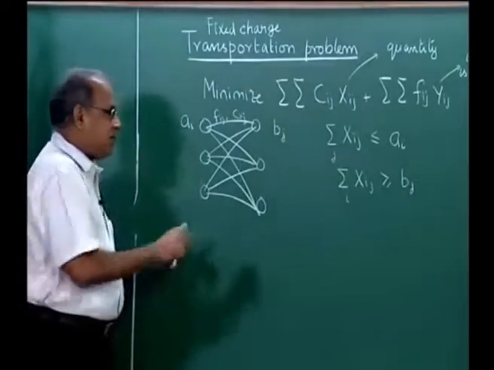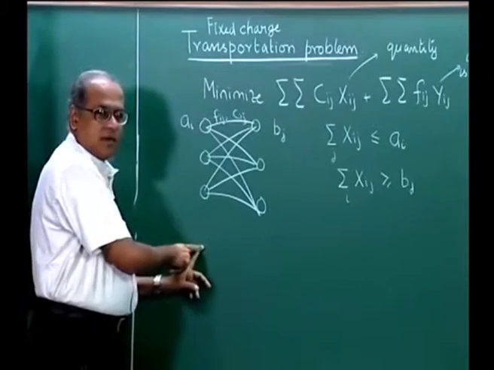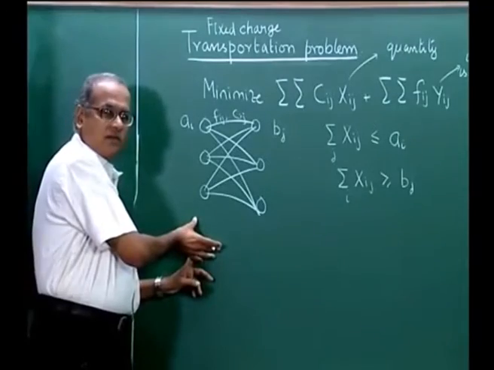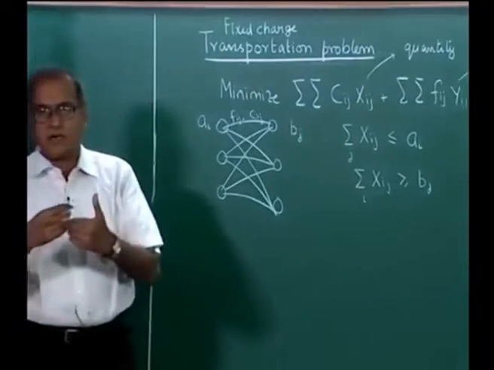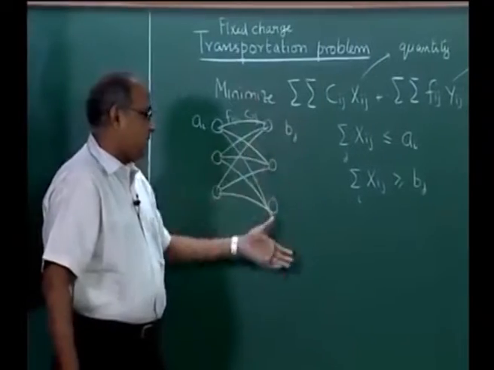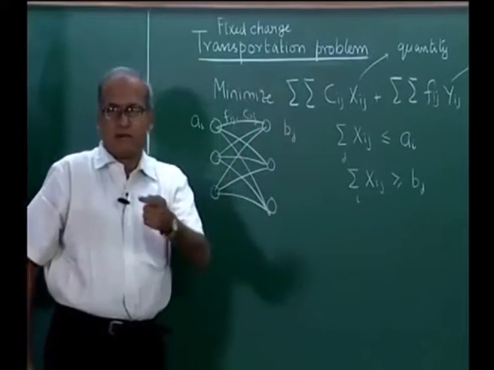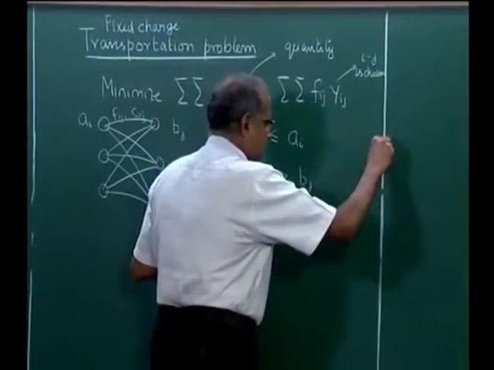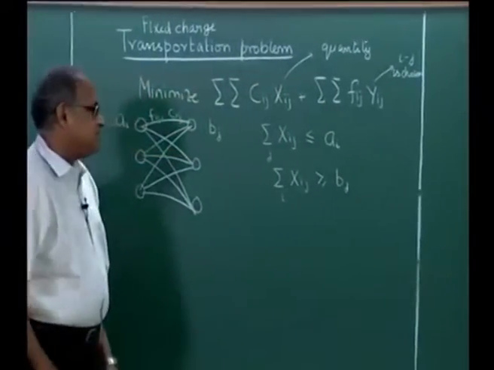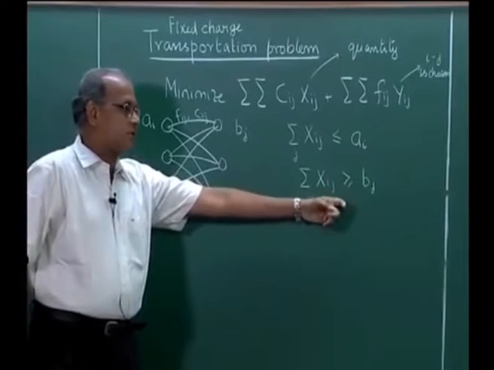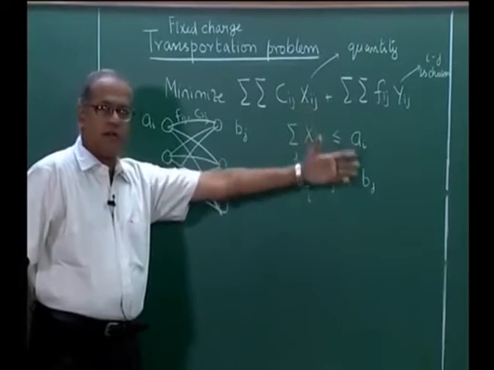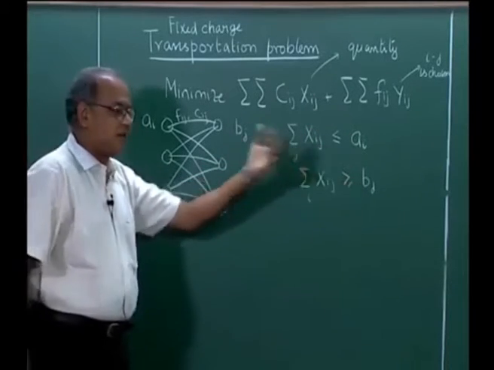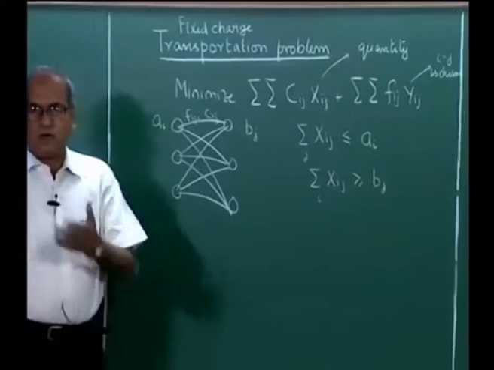In such cases, we balance it by creating another supply, and then say at the end, after solving, that whatever goes out from this supply actually does not go, and therefore correspondingly some of the destinations will get less than their demand. So, particularly when the total demand exceeds total supply, we have to be a little careful in using this formulation, and we have to create another dummy supply or a non-existent supply.